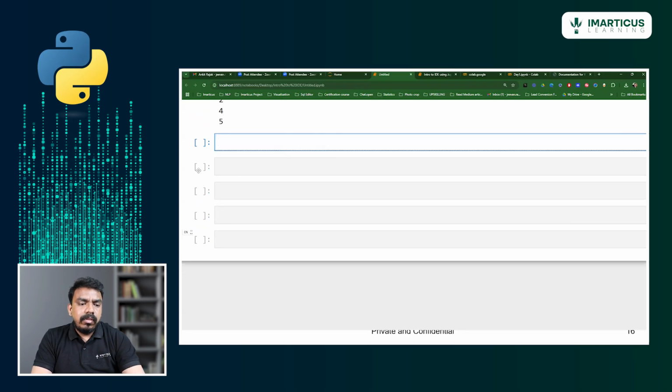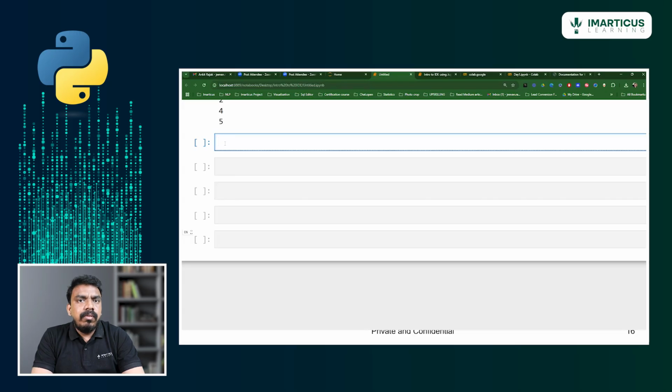Now let me discuss how to use the nested while loop. What is a nested while loop? Basically, a nested while loop is nothing but a while loop inside a while loop. For example, I hope you guys have worked with SQL, right? In SQL, you have used a subquery. What is a subquery? A query inside another query is called a subquery. The same way, in a programming language like Python, we call it a nested loop. A nested loop is nothing but a loop inside a loop.